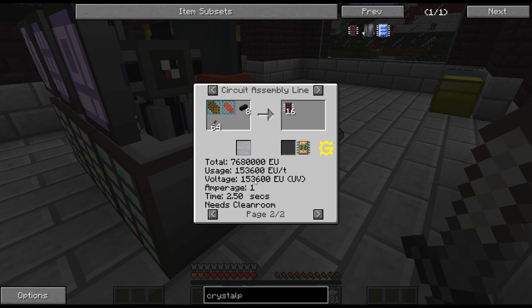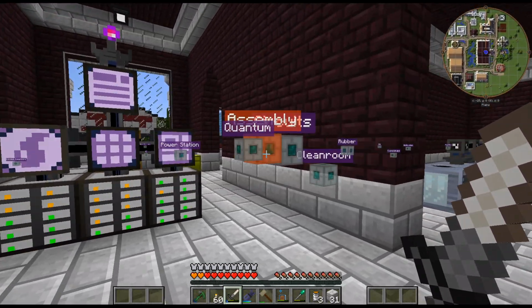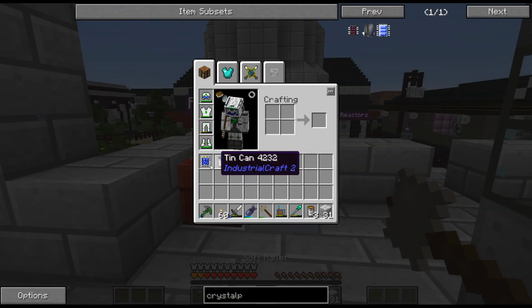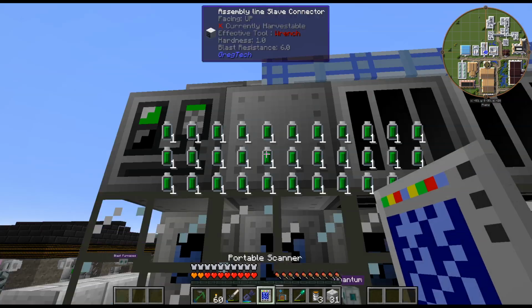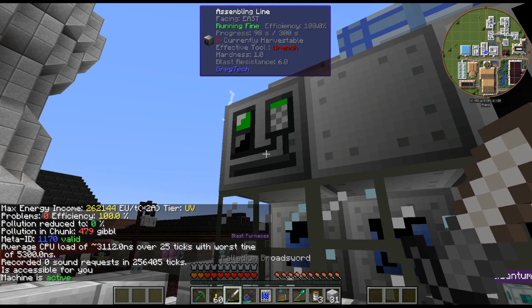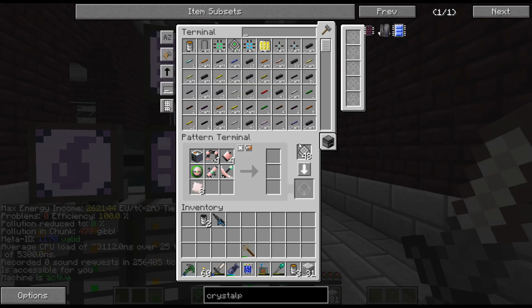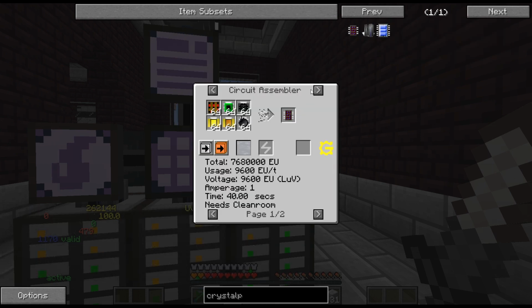And we're at that tier, right? Yeah, it's at UV, isn't it? I can't remember. Or is it ZPM we're running at? No, I'm pretty sure it's... Yeah, it's UV. Alright. Yeah, so we can do that. So I think...